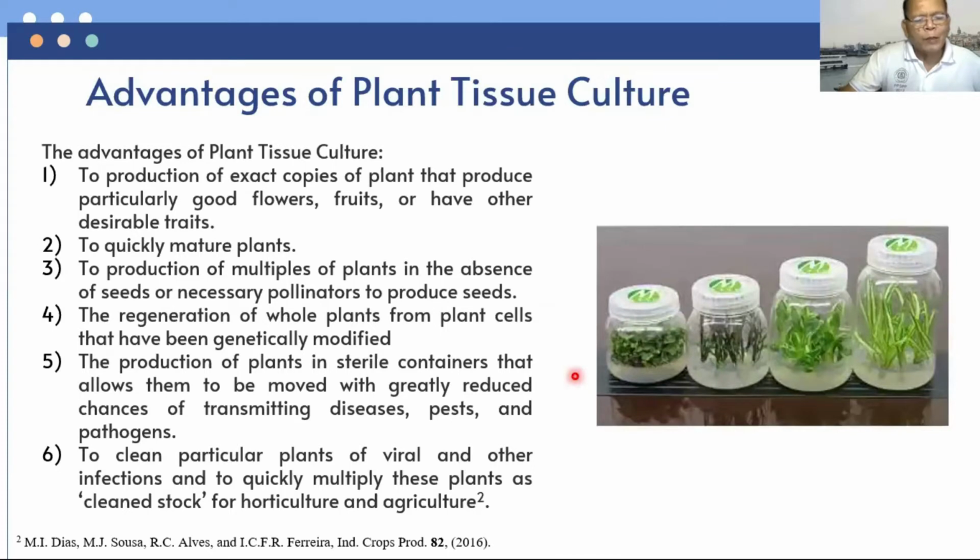There are several advantages of plant tissue culture, such as production of exact copies of plants that produce particularly good flowers, fruit, and have other desirable traits, to quickly mature a plant, production of multiple plants in the absence of seed or necessary pollinator to produce a seed, the regeneration of whole plants from cells that have been genetically modified,